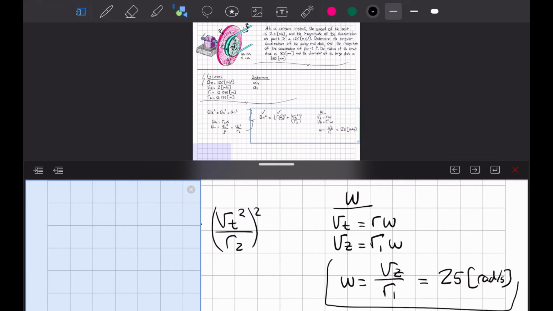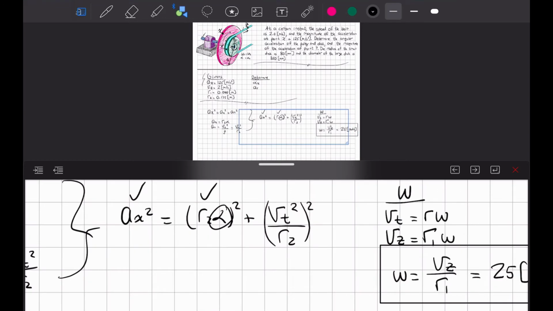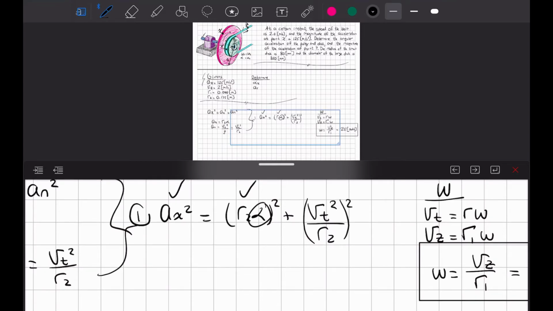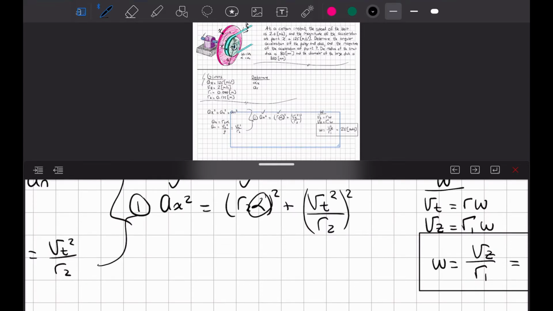All right, let's box that guy up, and we will move along. And so let's simplify this equation right here. So we know that